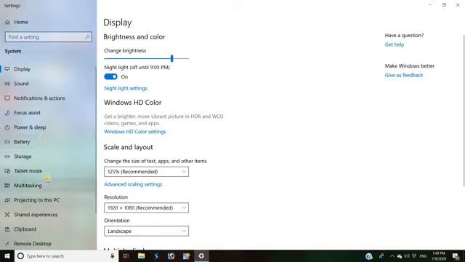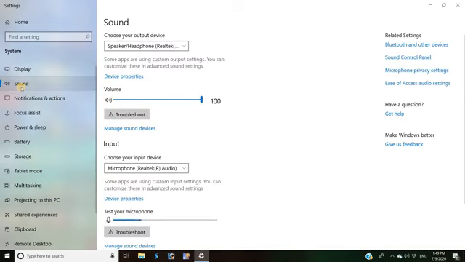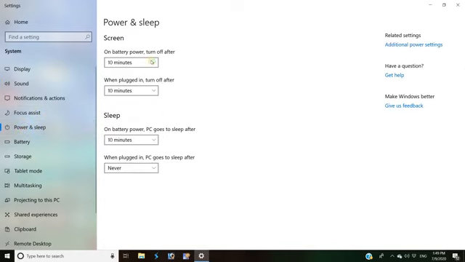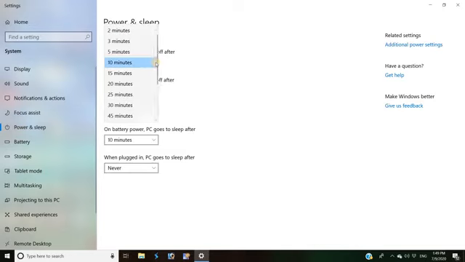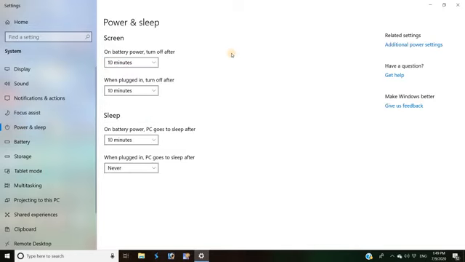So these all are the different options according to which we can do the different settings. Okay, if you are having any problem in your microphone, you can just start the troubleshooting from here. Troubleshooting also from here. Okay, this is the power and sleep button. You can define the time. On battery power, turn off after. You can define the time